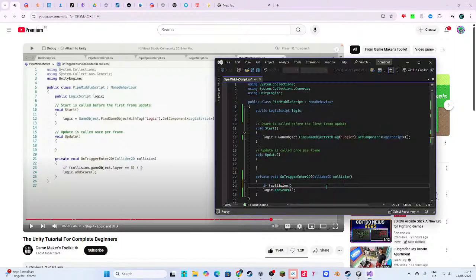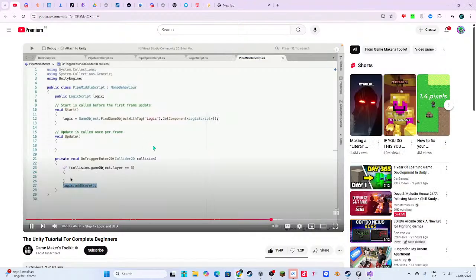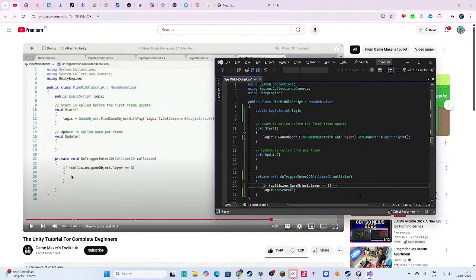If collision dot game object dot layer equals 3, and then brackets. Oh, and then we do